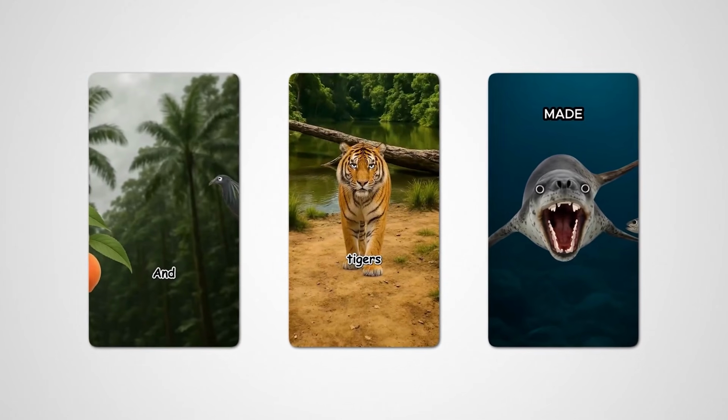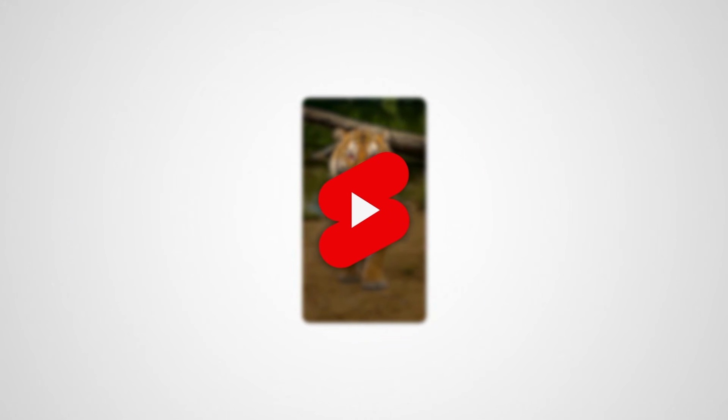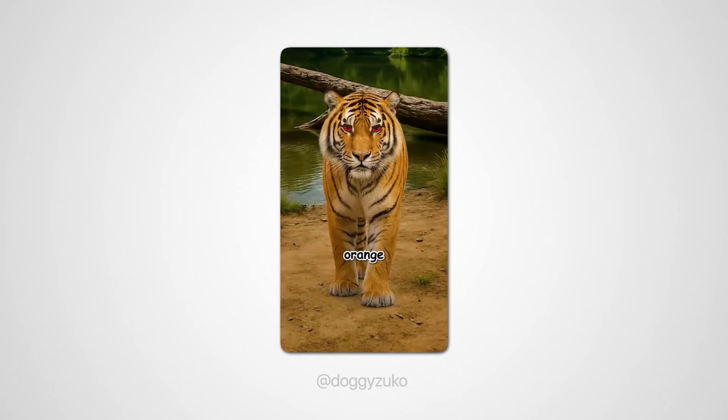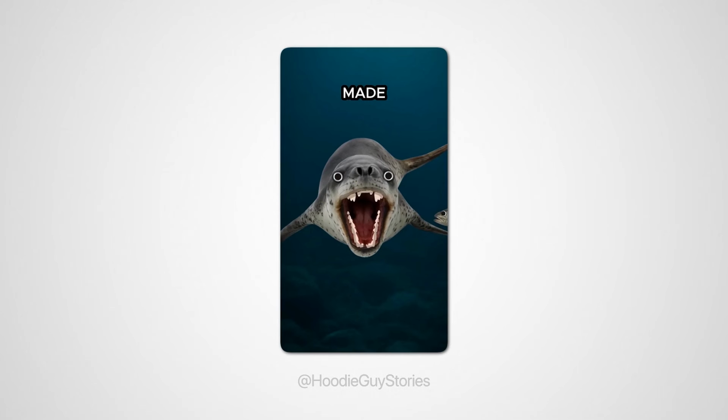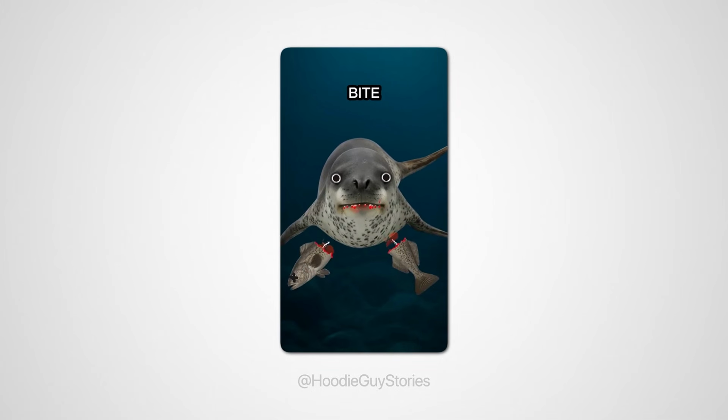I'll show you 3 of the most popular animations used in these shorts. First, we'll learn how to create moving eyes and red eye animations. Next, we'll make a bird flying animation. And finally, I'll show you how to create this jaw bite animation. So, find a quiet spot and stick around, because by the end of this video, you'll be able to create